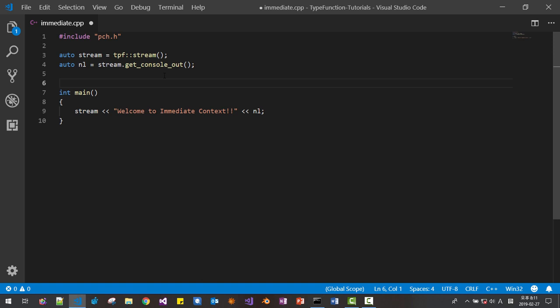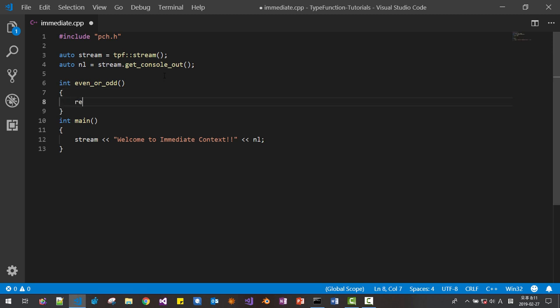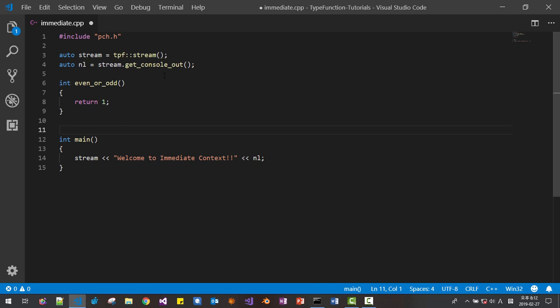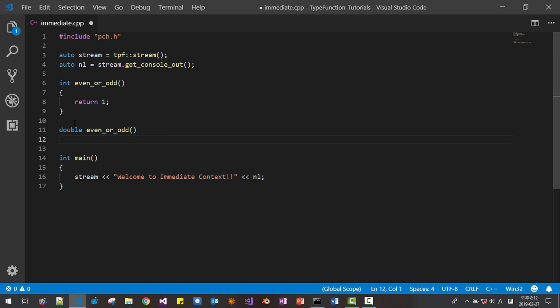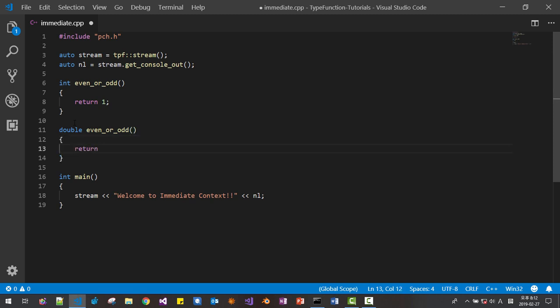Suppose we are overloading these two functions: int even or odd, return 1. We are overloading this function in this way: double even or odd, return 3.14.